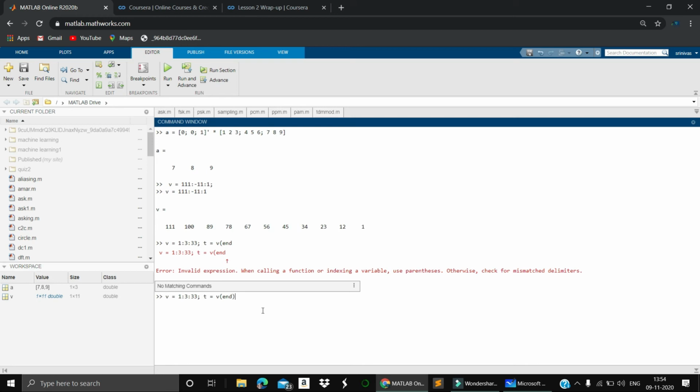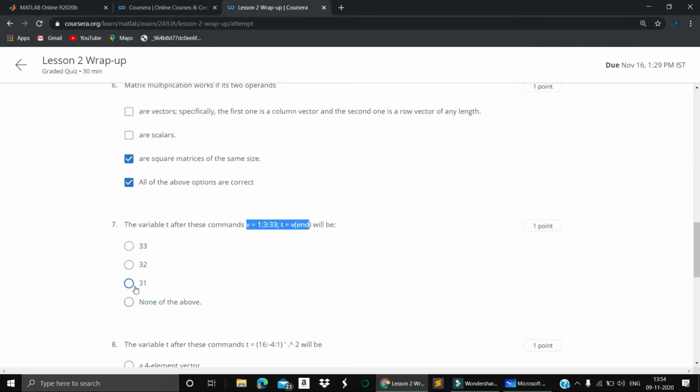Here itself, t is equal to 31. The end element should be 31, the last element.